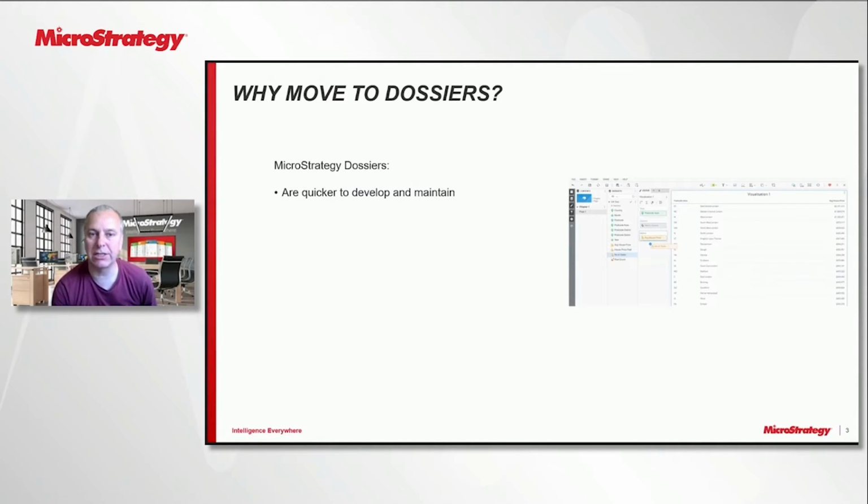So Microstrategy dossiers are much quicker to develop and maintain than report services documents. So report services documents are that sort of more old-fashioned pixel perfect type thing where you're moving objects around and trying to line them up very precisely on every page of the document. They date back to a time when a lot of things might have been printed out, exported to PDF, but